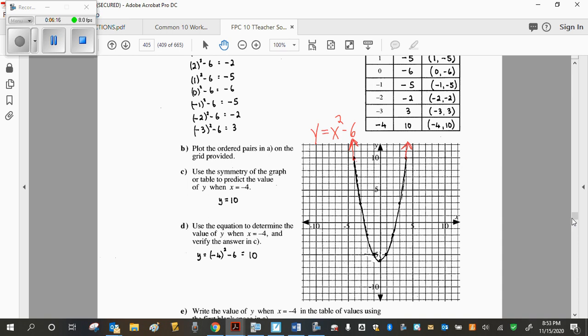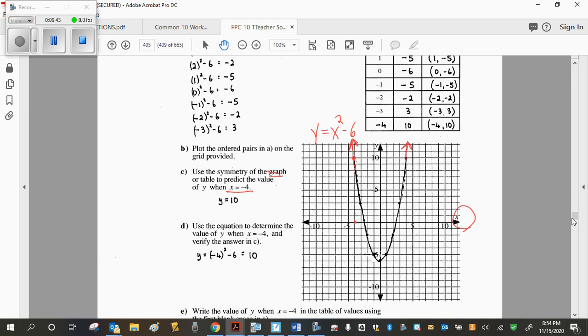Okay, so now it says use the graph for x equals -4. Again, you've got to be careful. This could say next time y equals -4. X equals -4 is on the x-axis, and it's 4 to the left. So now you've got to see where the graph hits 4 to the left. So it's either up or down, and it's right there